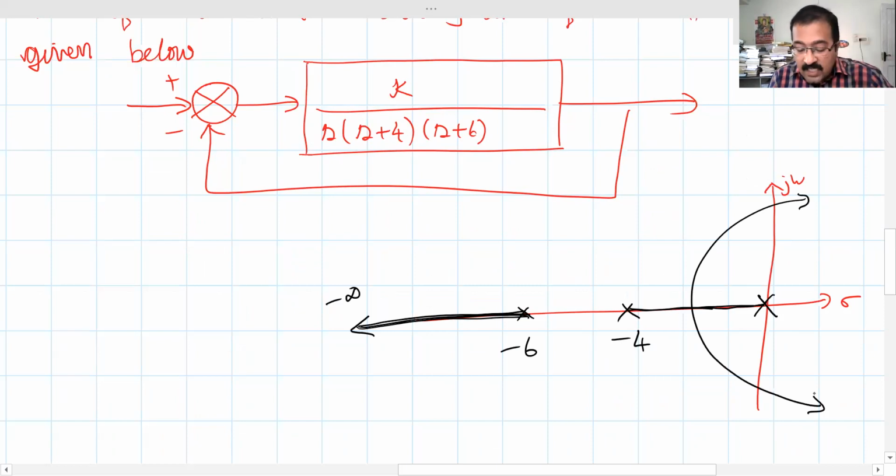We have to find the approximate second order equivalent of this closed loop plant. Keep in mind, open loop poles are fixed. The root locus will give you the closed loop poles as the gain K is varied. So our aim is to find the second order equivalent for this given third order feedback plant, for which we have to identify the dominant pole.